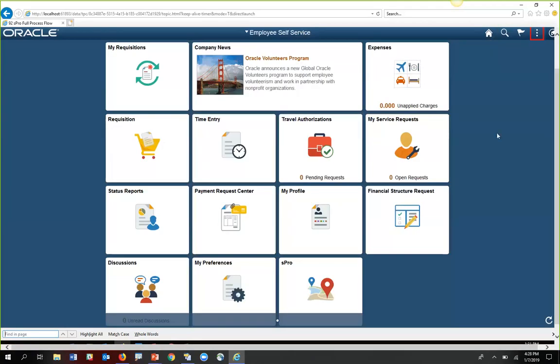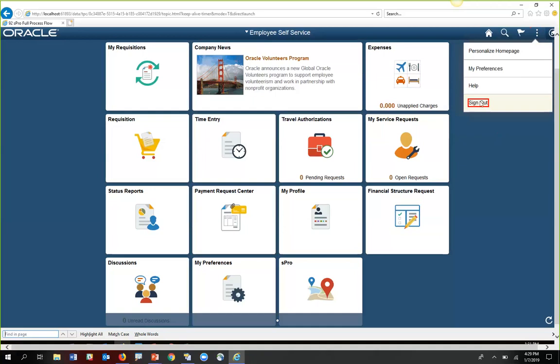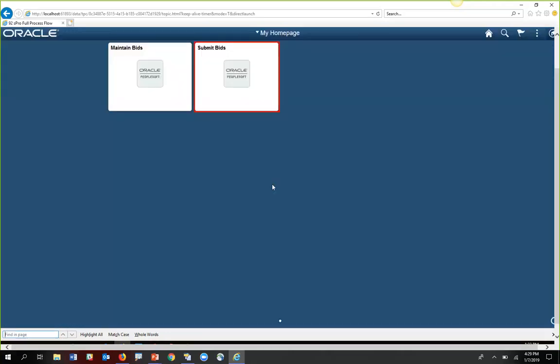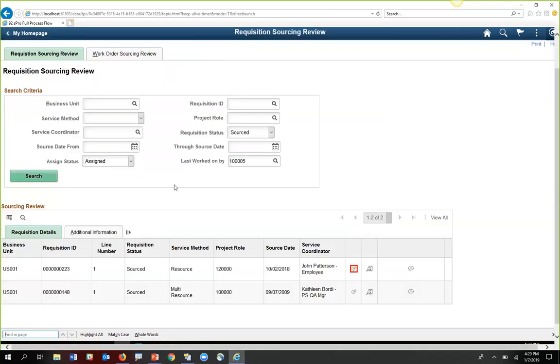So what we're going to do now, since it's been sourced and sent to the supplier, we're going to log out first, and then log in as one of the service suppliers that responded. This gal's name is Carolyn Jordan, and she's got access to PeopleSoft in order to do this kind of thing. So she's going to click on her tile called Submit Bids,